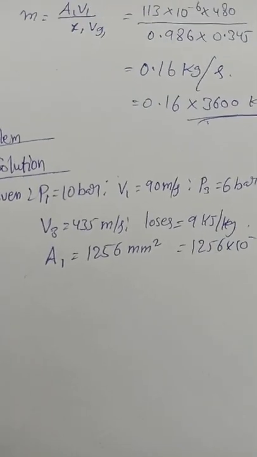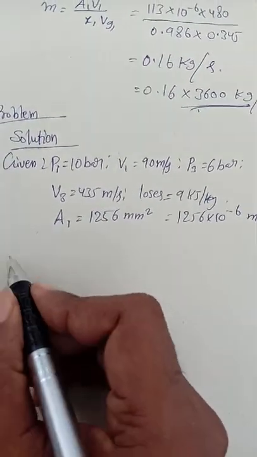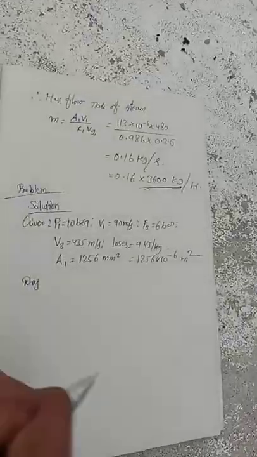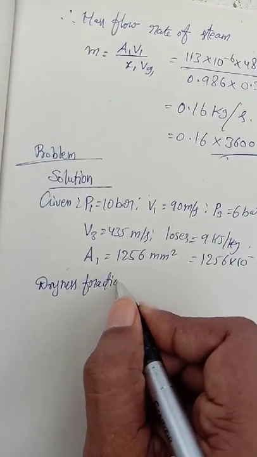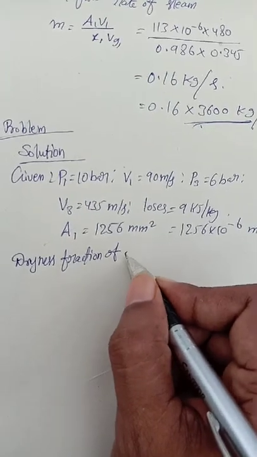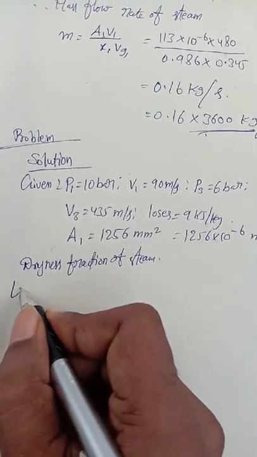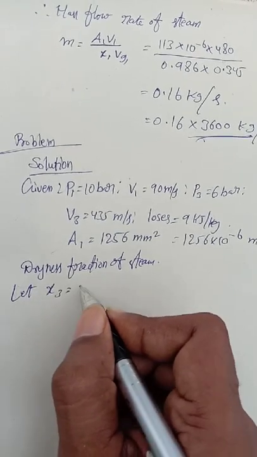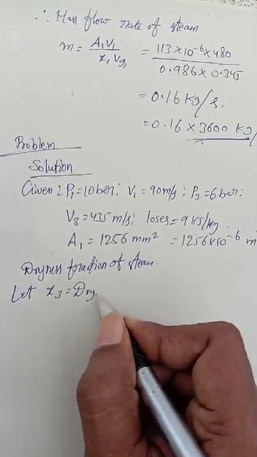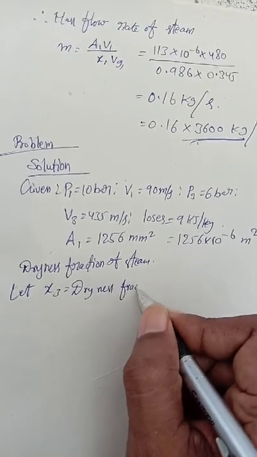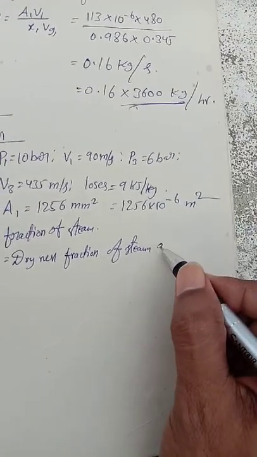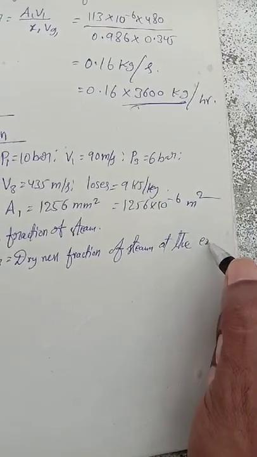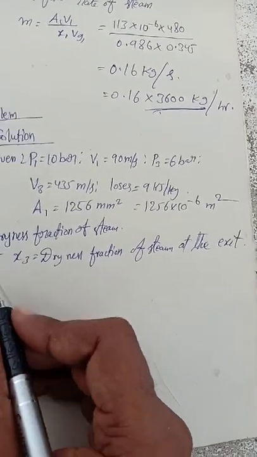Now we are going to find the dryness fraction of steam. So first, we are going to find the dryness fraction. Let x3 be equal to the dryness fraction of steam at the exit. From steam tables,